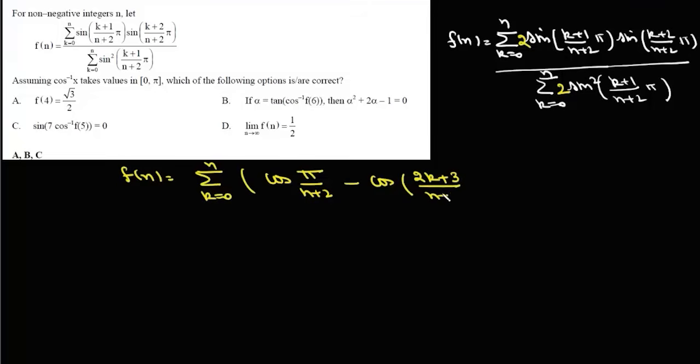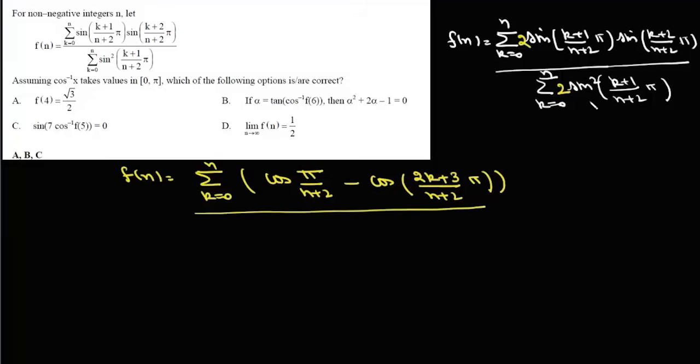Now this is 2 sine A sine B. So we can write this fn as cos A minus B. Now cos a minus b, if we subtract k plus 2 minus k plus 1 is simply 1. So it'll be this summation k varies from 0 to n, and this is cos pi upon n plus 2, and here it will be minus cos a plus b. So if we add them, we'll get cos 2k plus 3 upon n plus 2 pi. So we have this in the numerator, and in the denominator it is 2 sine square